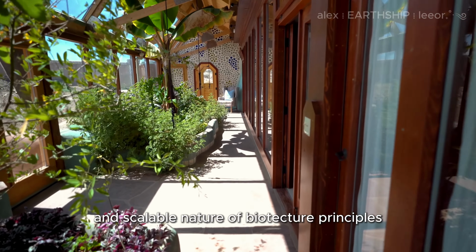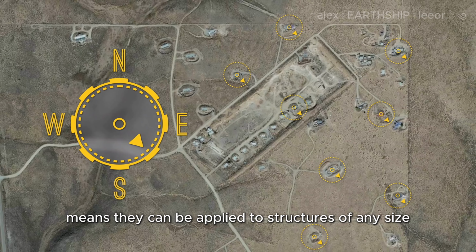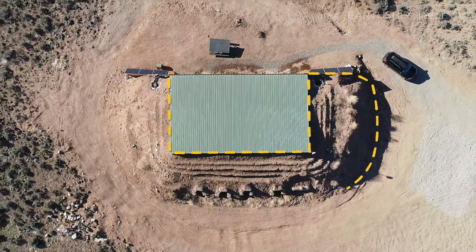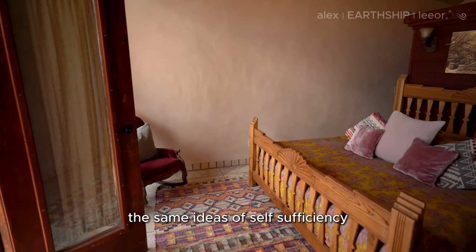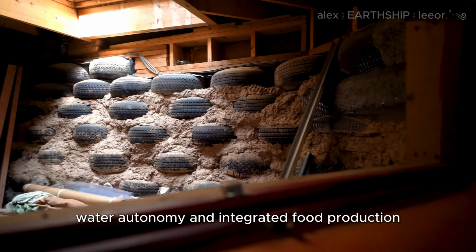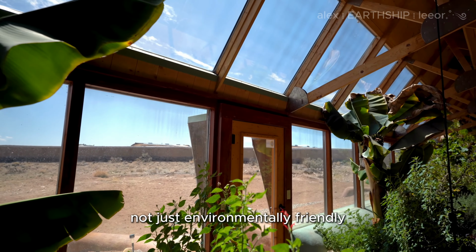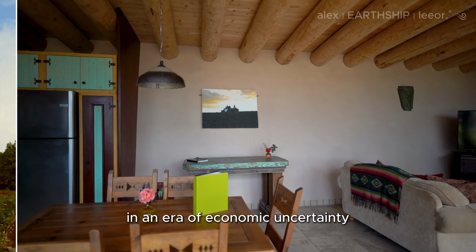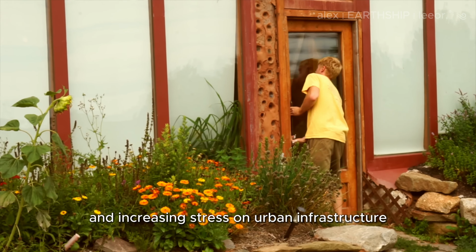The modular and scalable nature of biotecture principles means they can be applied to structures of any size and adapted to various climates, needs, and budgets. Whether building a small studio cottage or a large community centre, the same ideas of self-sufficiency, waste recycling, passive solar design, water autonomy, and integrated food production can be employed to create buildings that are not just environmentally friendly, but financially and socially sustainable. In an era of economic uncertainty, climate change, resource depletion, and increasing stress on urban infrastructure,